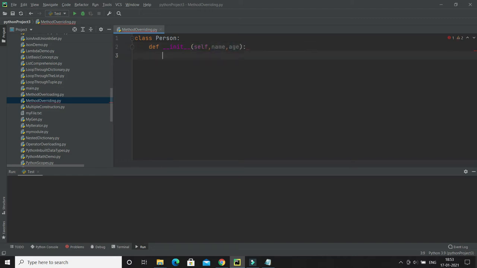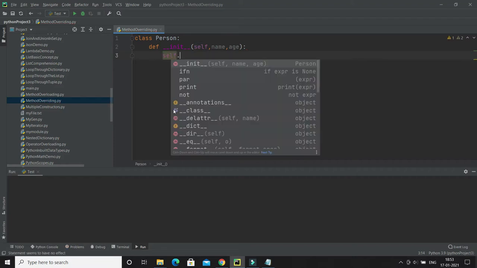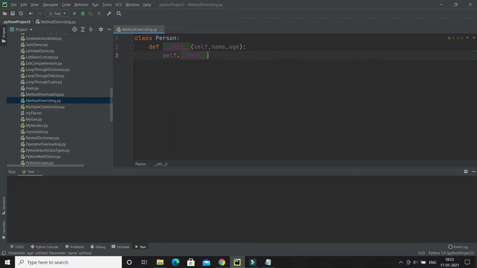These two fields I'm going to initialize within the constructor: self.name equals name, and self.age equals age.